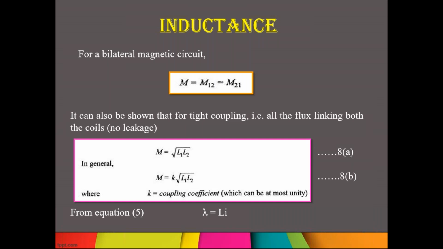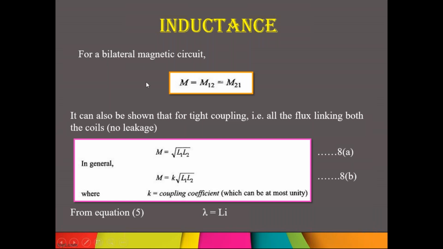What is the meaning of unilateral and bilateral? Unilateral works in one direction, bilateral works in two sides. Right? So if you take a diode, the current flows only in one direction. That's why it belongs to unilateral devices. But a resistor, inductor, and capacitor can allow the flow of current in both directions. That's why they are called bilateral devices.